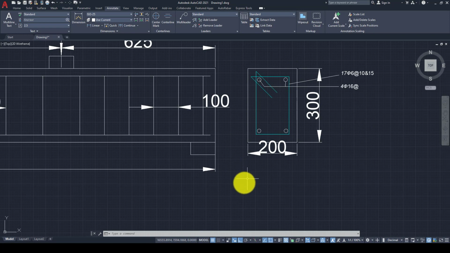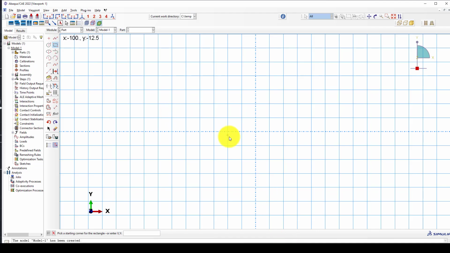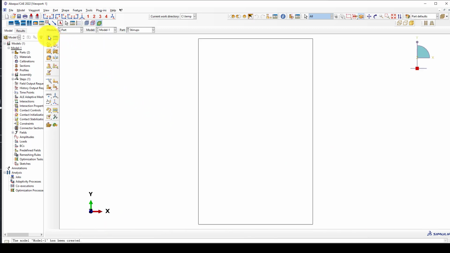This is 20 millimeter, so both sides reduced by 40 millimeter, which is 160. So now it will go to minus 180, and from top 130, minus 130. Here, and the second is going to be 180, 130. This is the stirrups, and the last one is